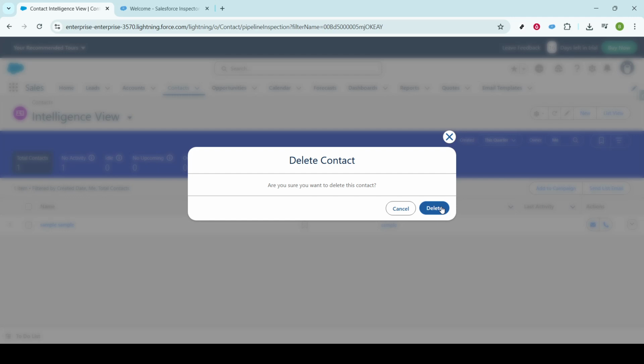And that wraps up our process for deleting contacts in Salesforce Marketing Cloud. By regularly cleaning up your contact list using this method, you help maintain the integrity and efficiency of your marketing